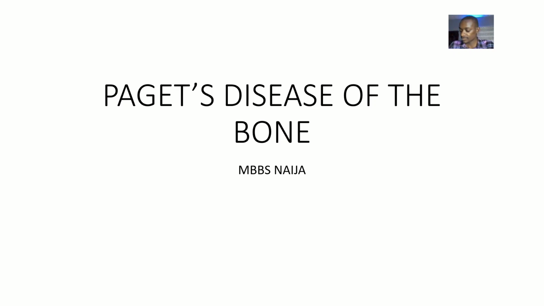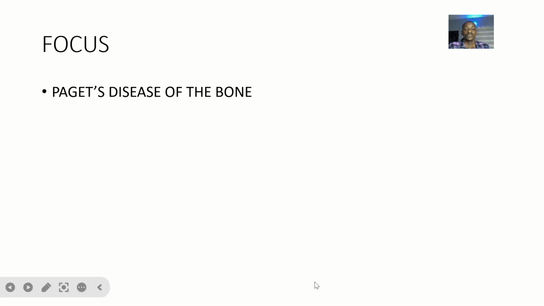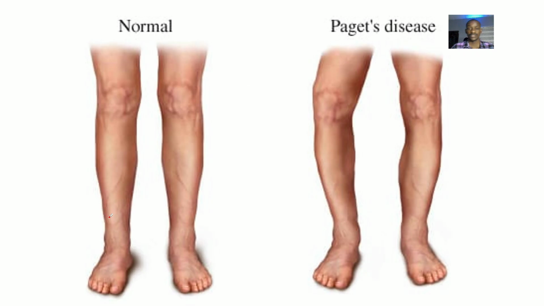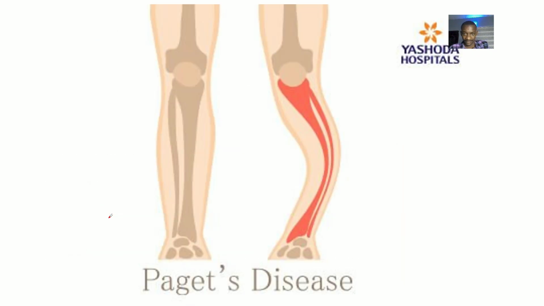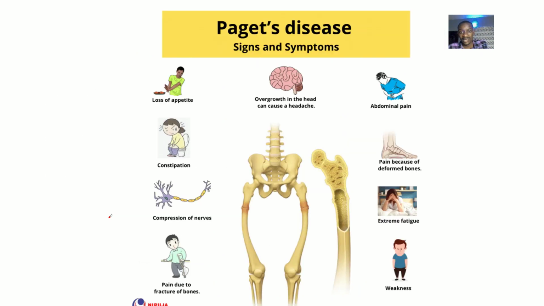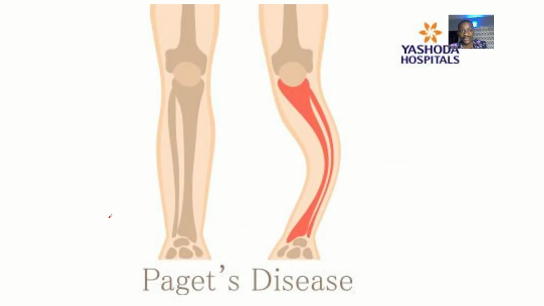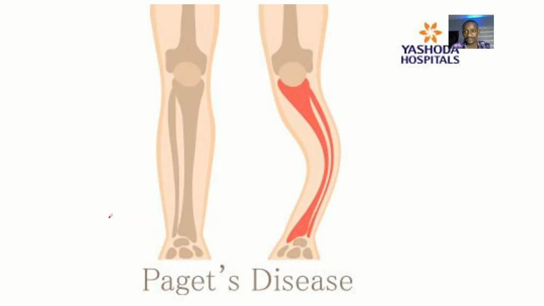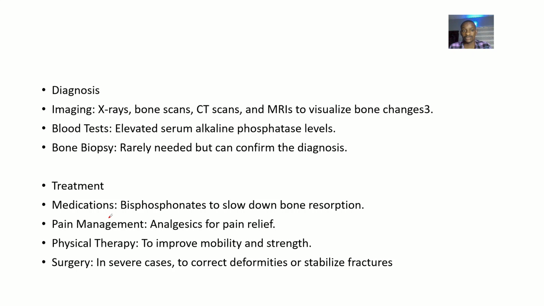Okay, so picking up these bone conditions one by one. Right now, we get to talk about Paget's disease of the bone. Paget's disease of the bone. You can see how Paget disease looks, how it could also present. In talking about this Paget disease, we talk about the causes, the symptoms, the diagnosis, and the possible